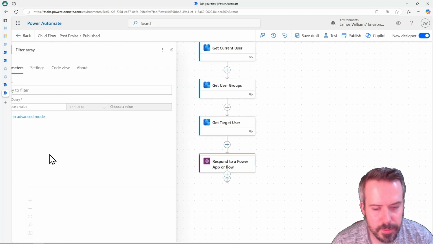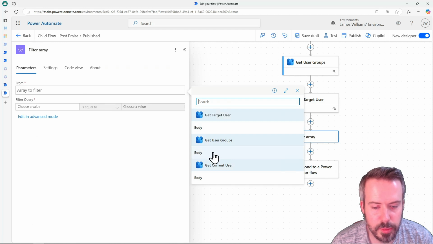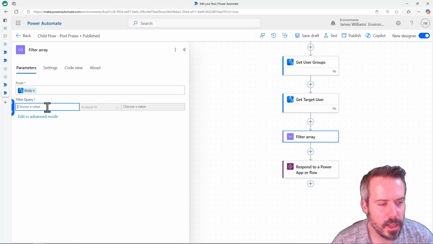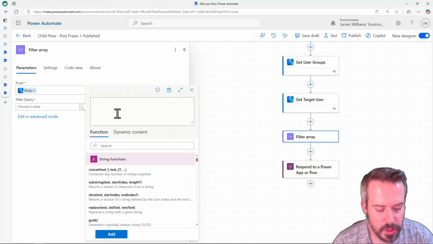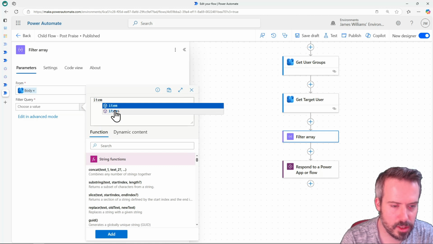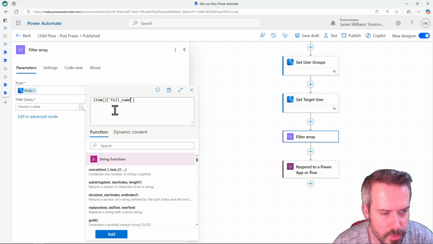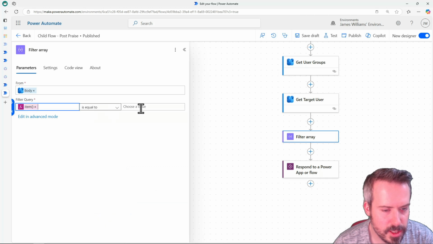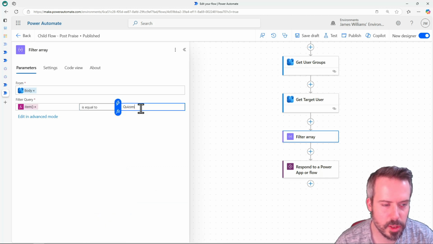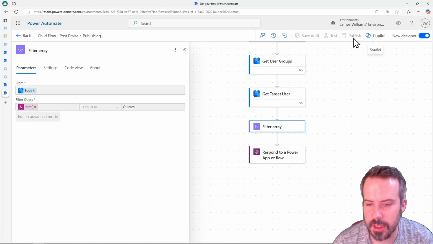So here we're going to use a filter array, and the input to this filter array is going to be the body of get user groups, which we just saw was that array. And here we want to add a filter query. So in this case, every group in the list is going to be the current item. So what we want to do is take that full name, which is full underscore name, and we want to check that that's equal to, in this case it was quizzes. So that then should return an array of a single group, which we can use to get the ID that we want. So if I just publish this and test it,